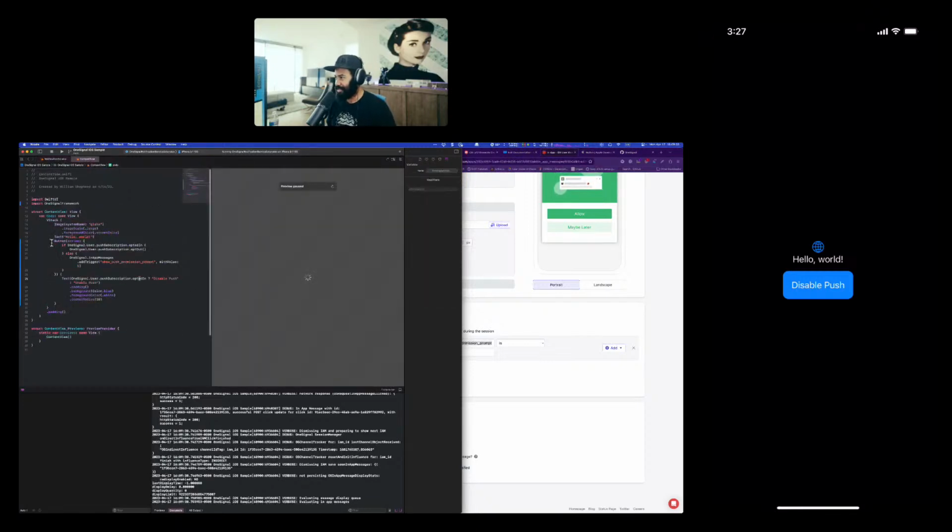So at the moment, the behavior of this button changes depending on the state. I'm going to change that. We'll just copy this. And this action is going to be to opt the person in. That's it.